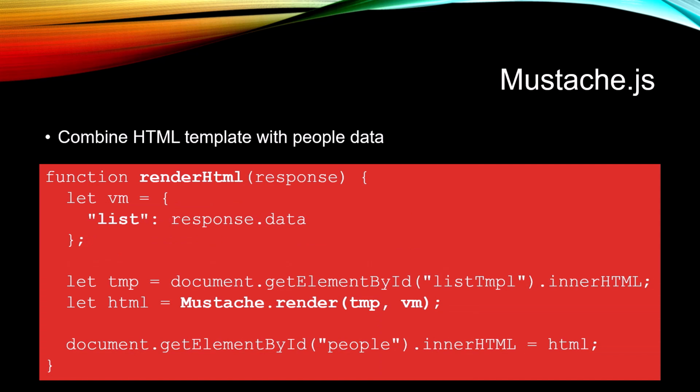We create a variable that's a wrapper around this list property. Remember, list was what I had in that script tag. And I say I want the response.data. Well, that's our array of people, isn't it? So then we do let temp equals